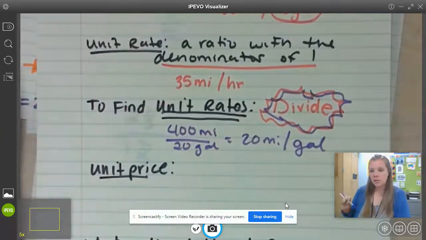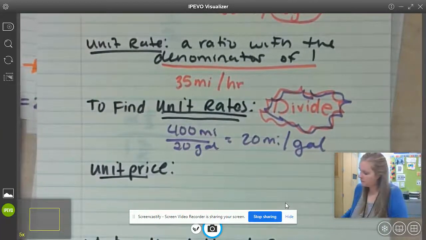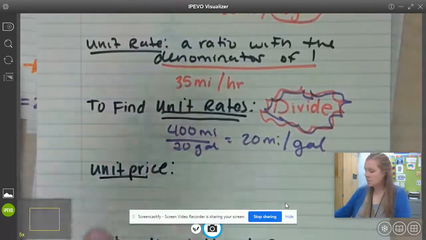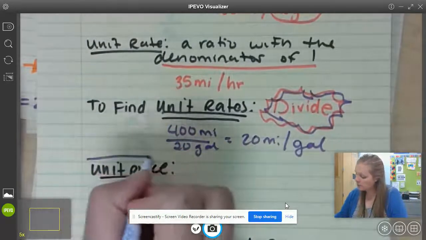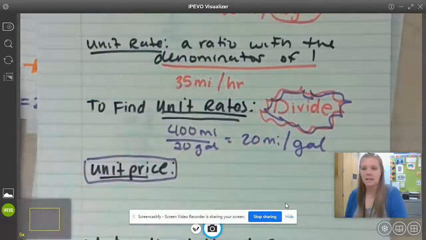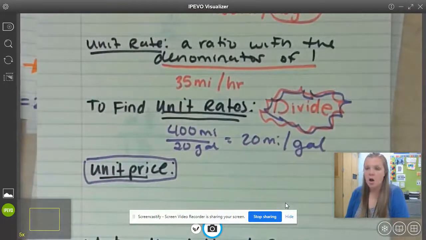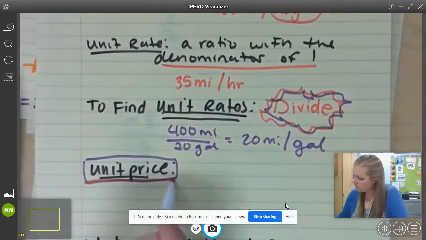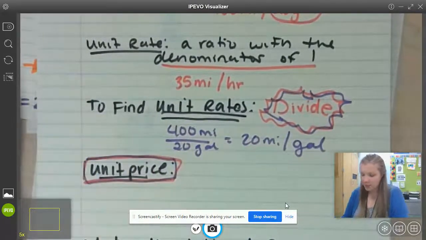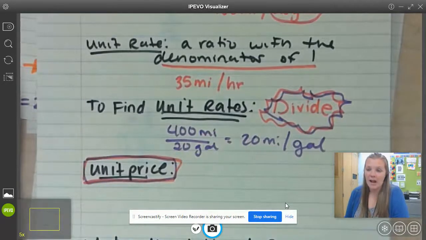If I'm going too quickly, feel free to pause in order to catch up. To find the unit price, this is what I use. Like people talk about, why do I have to know this math? I use unit price almost every single time I go to the grocery store because I want to compare and I want to buy the best deal. I don't want to spend extra money. I want to make sure that I'm using my money